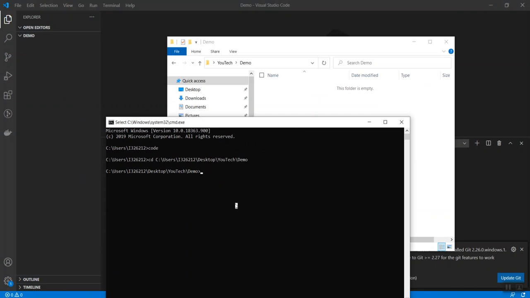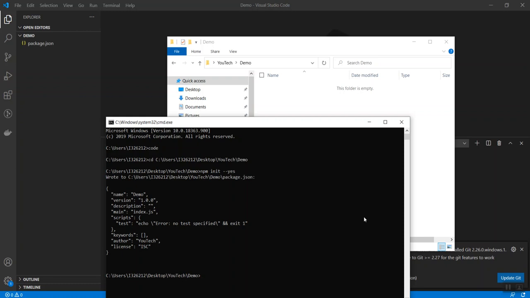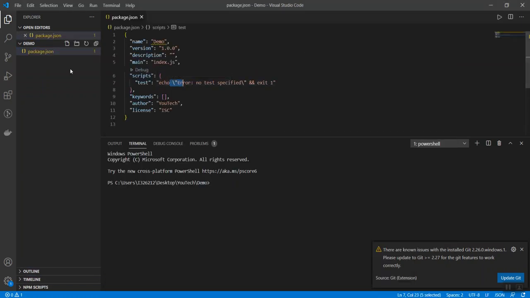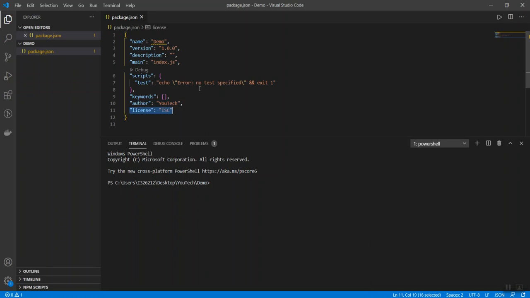We have the command npm, node package manager, and we initialize the Node.js application with the command npm init, so that it will create a package.json file here, and I can see this package.json file in my editor also. Let me quickly walk through what this JSON file contains. This JSON file contains the application name, the version of this application, who is the author, what kind of license they have, and a lot of other properties of the application. My editor is even trying to give some warning as well.